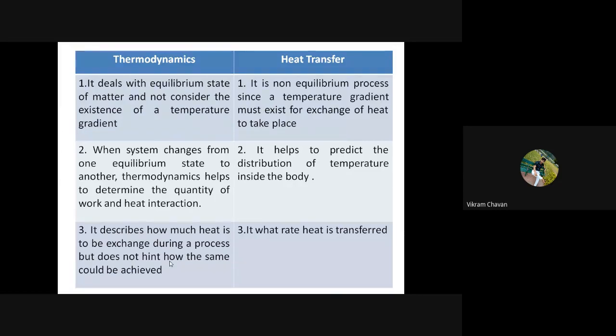Please note down this difference, which will help you to describe heat transfer and thermodynamics easily. Write down, make two columns. In the first column you put thermodynamics, and in the second column you put heat transfer. First point in thermodynamics: